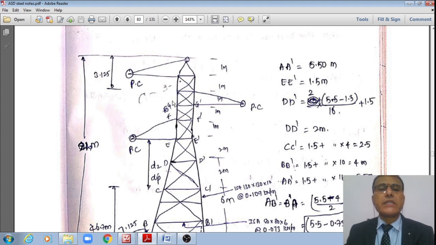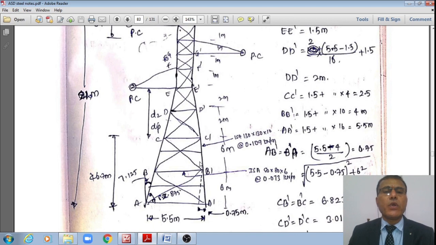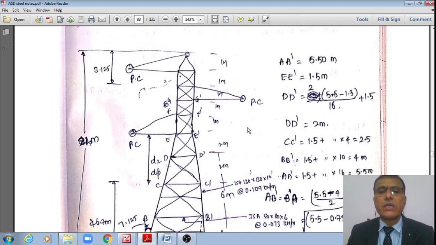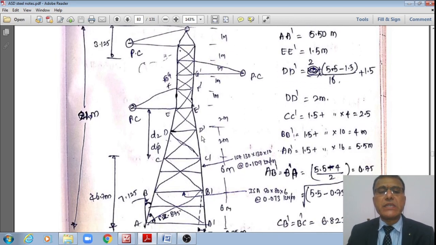Here it is erroneously written, student. This has F prime and G prime, but this is F prime and this is G prime. This is H where the ground bar is fixed. These are my notations. Once I take these notations, student, then I can calculate the length of each of these members.